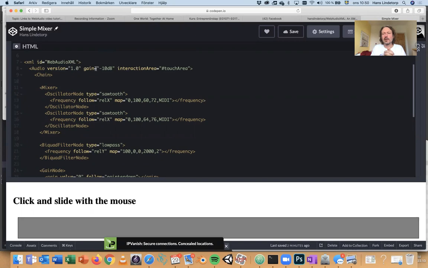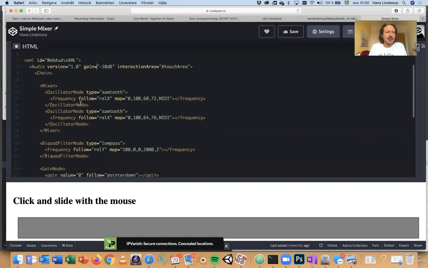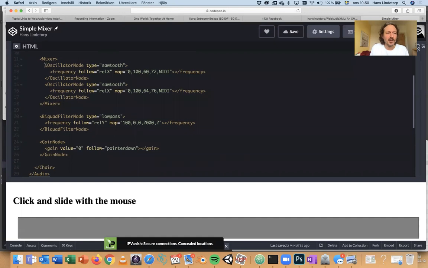And that could be used for anything from this simple example with two oscillators to building a full mixing console with chains of signal routings inside the mixer. So basically just think about the fundamental concept of having an element that mixes all the sources inside it to its output. So to understand it, I just show you these two oscillators inside the mixer,